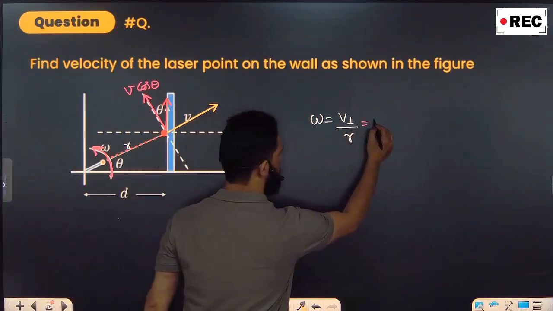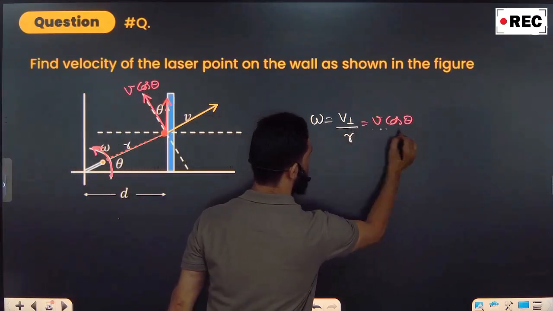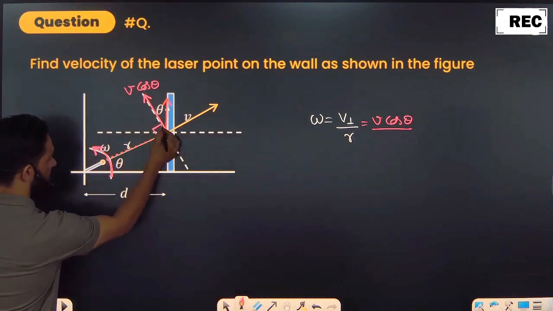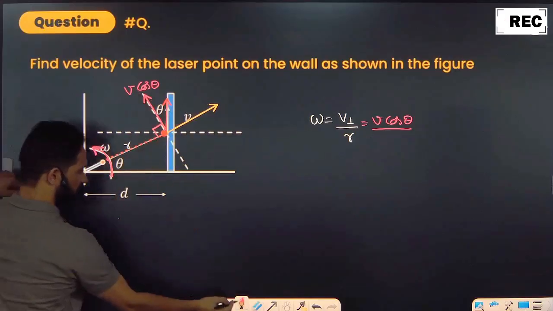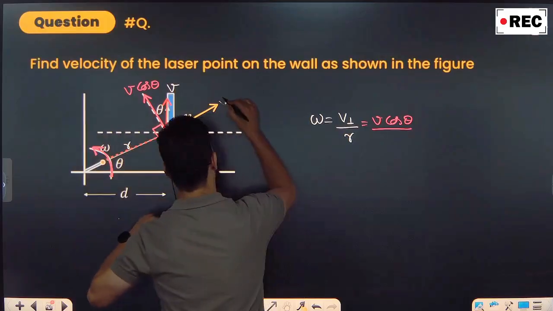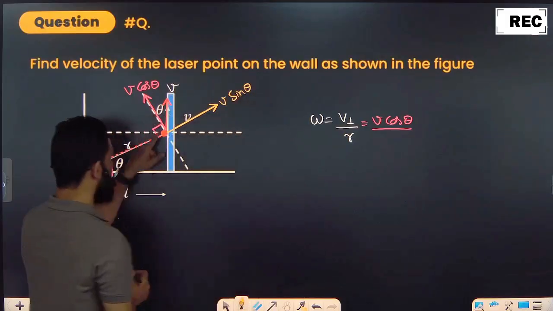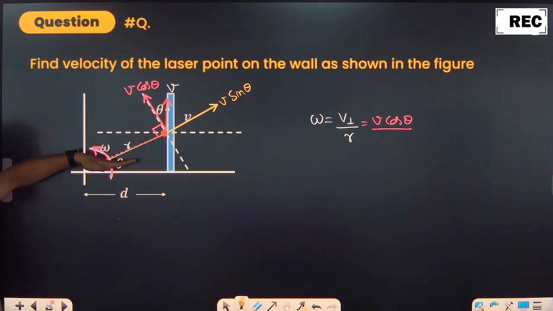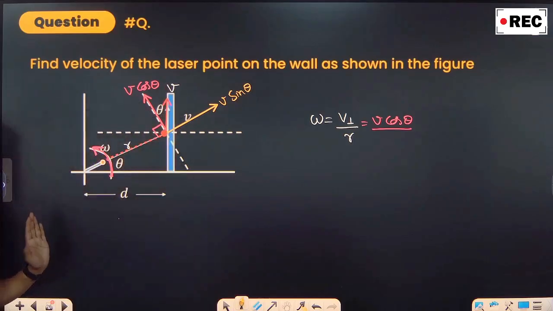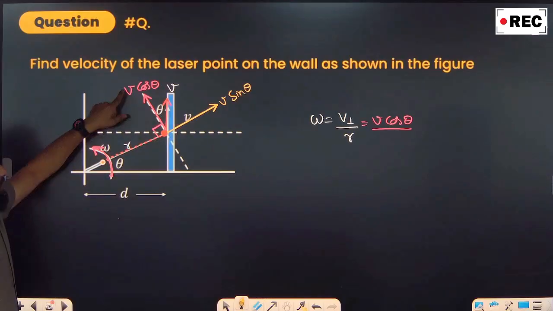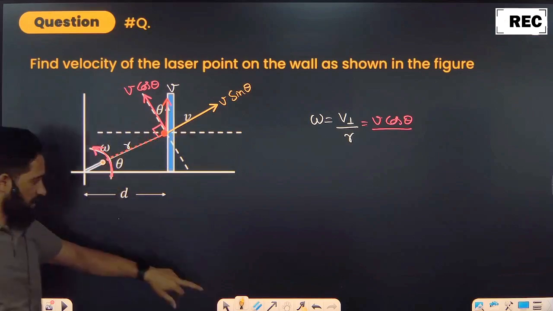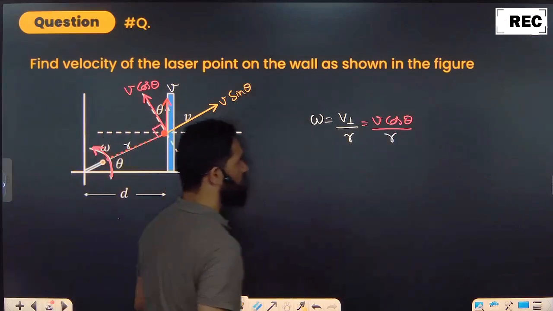This is v, and where the angle is, there is cos: v cos theta. So you will write, sir, it is v cos theta upon distance, how much here? r. v cos theta, this perpendicular component you see, the perpendicular component of the velocity, if v is the complete velocity, it has two components: v sin theta and v cos theta. Now this angle will be theta, right? How to find out? The angle between two lines is equal to the angle between their perpendiculars. You will get it. Okay, this is theta so this is also theta. So it is v cos theta, the perpendicular component of velocity, upon distance. How much is the distance? r. That's it. v cos theta upon r.